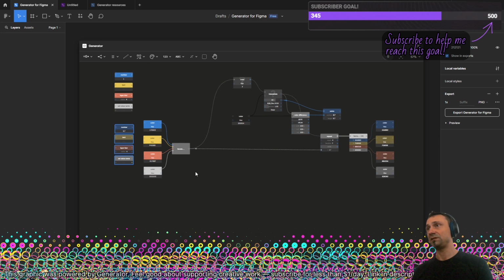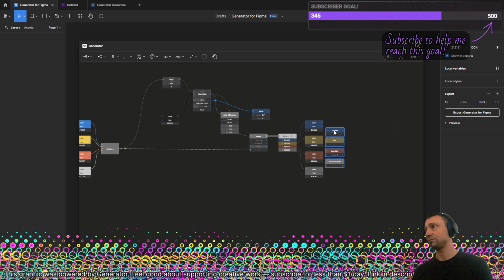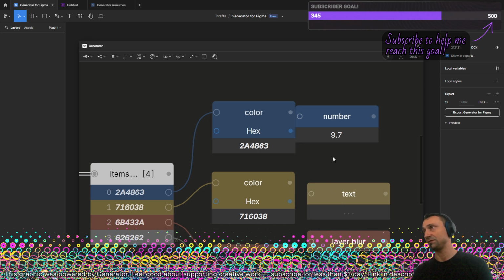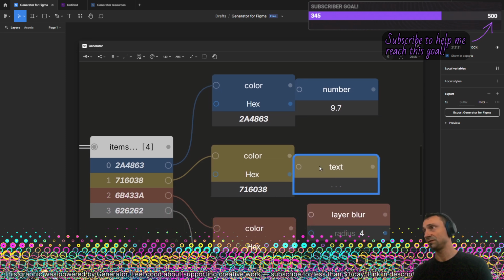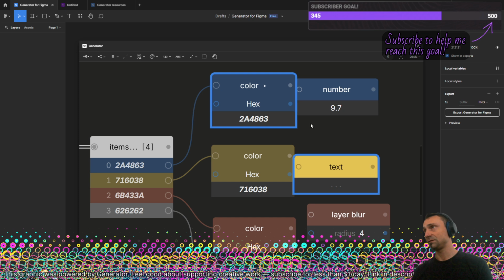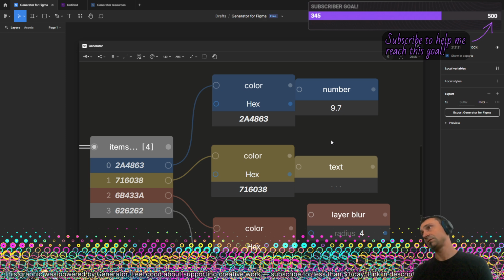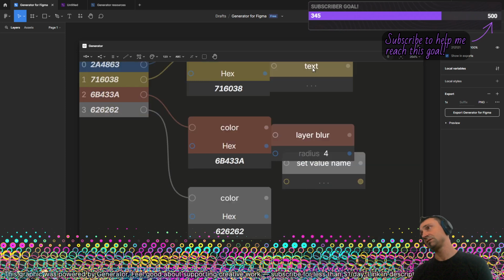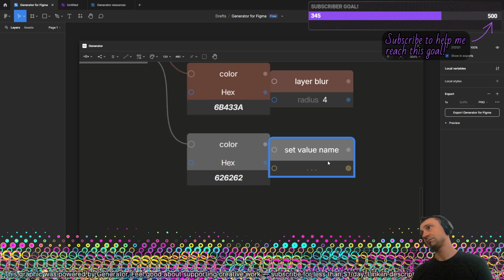And I'm going to take my inactive nodes and just put them next to the colors that I generate. So the blue is going to be fine because I set it up like that. The yellow is not bad, but it's not exactly what I had picked. The red is